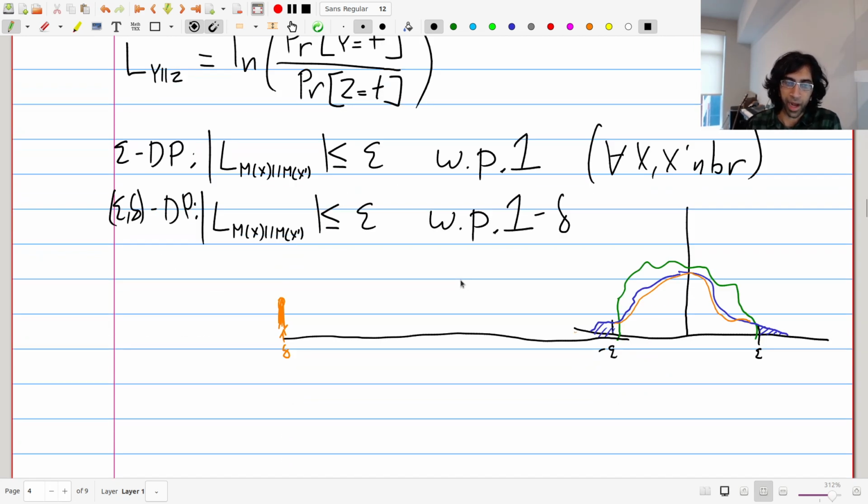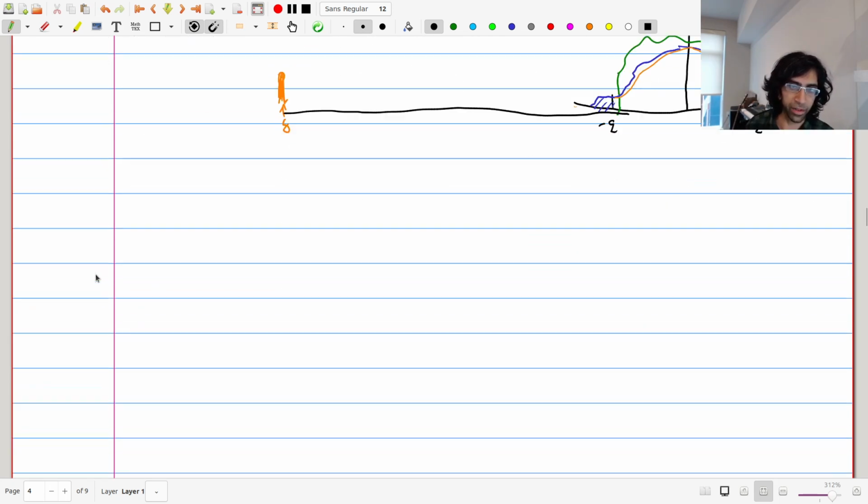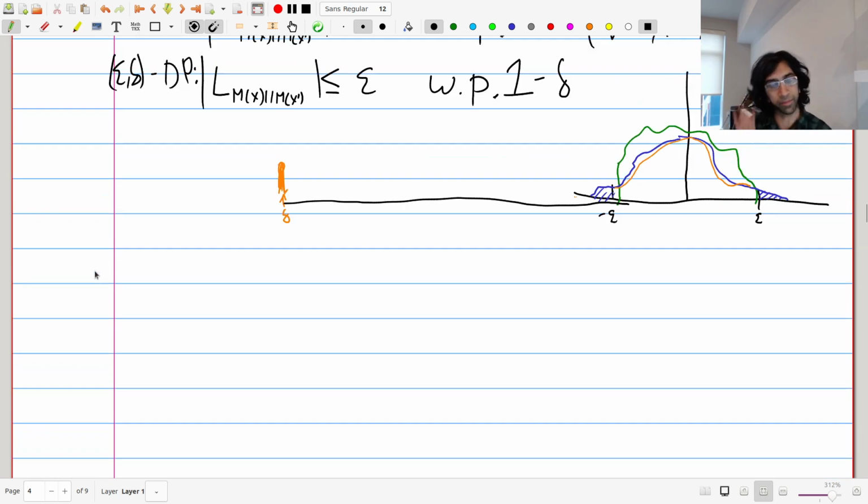So there are some other notions which try to give a better understanding of the privacy loss random variable. And I'm going to tell you about another type of thing which tries to control not just how much mass is here, but it tries to control the moments of this privacy loss random variable. Specifically, we're going to imagine the following quantity. So we're going to imagine the natural log